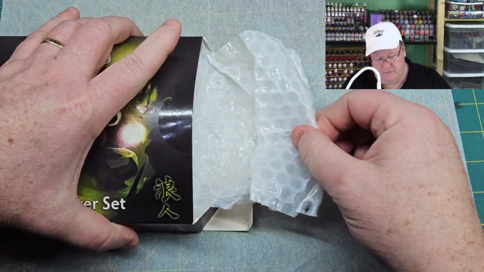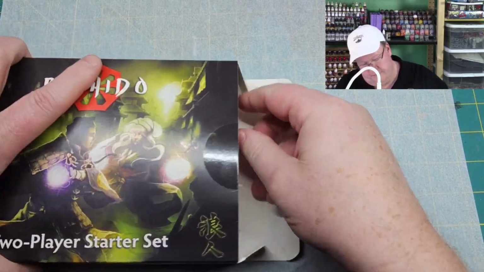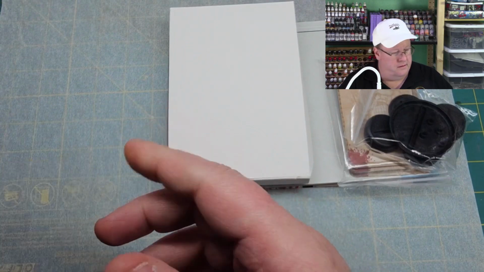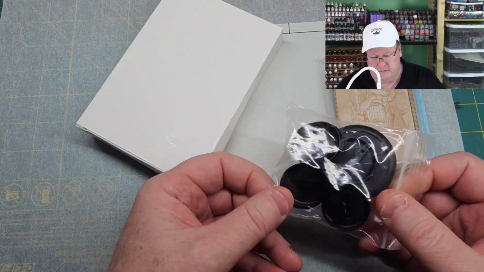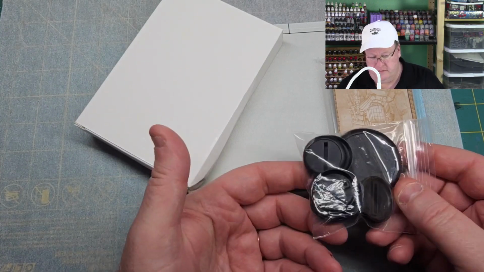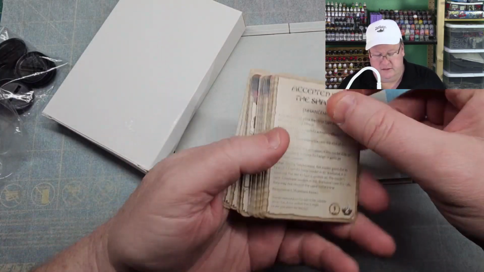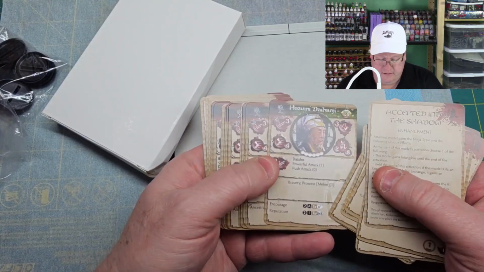And here we go. Bubble wrap, cool. Keeps things safe. Alright, we got bases for our models. There's one big base, and it looks like 9 of the smaller round bases, standard bases. Nothing exciting there. Our cards for all the models in the starter box. Our event cards, enhancements, and then the actual